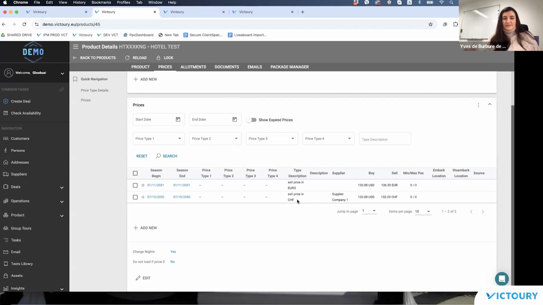And in the type description, I have added a few description words just to ease the process of selecting the appropriate price. One price is in euro, as you see, and the other price is in Swiss francs.